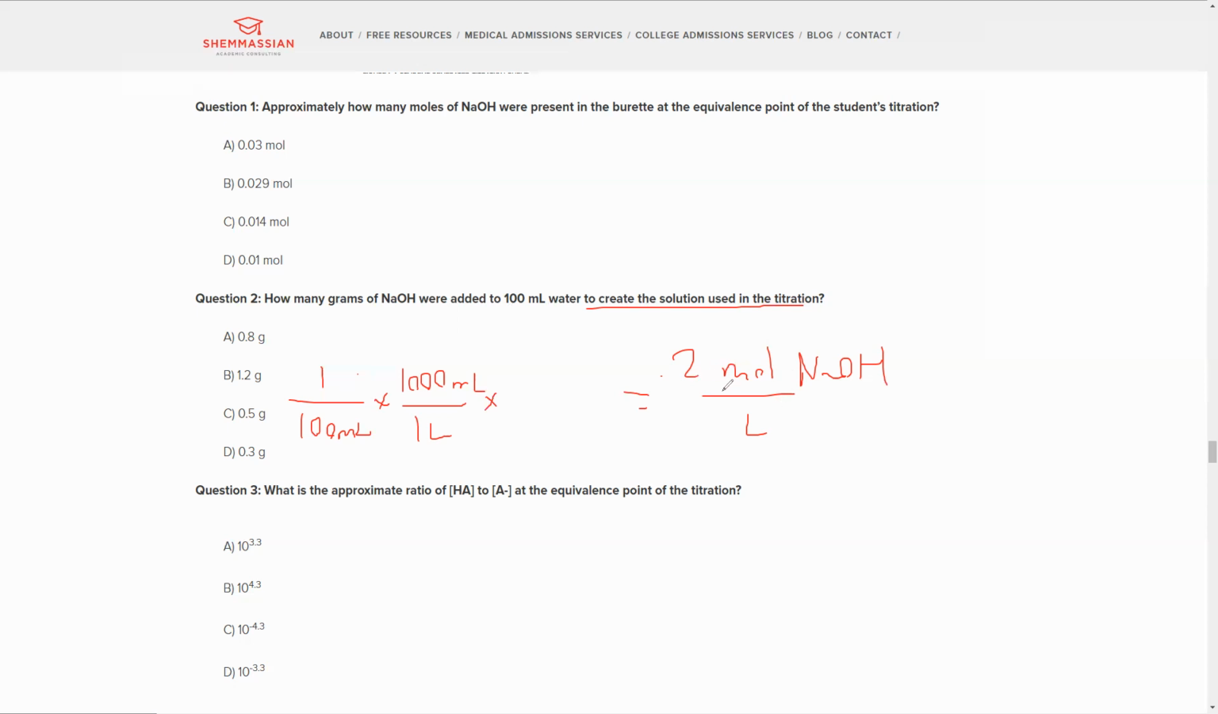Now, moles. We have a moles issue. Okay, what do we do? And we also want grams, right? Or rather, we have to figure out how many grams of NaOH. Oh, hold on, wait a second. How many grams of NaOH were added? So actually what we're solving for is grams. So if we're solving for grams of NaOH,